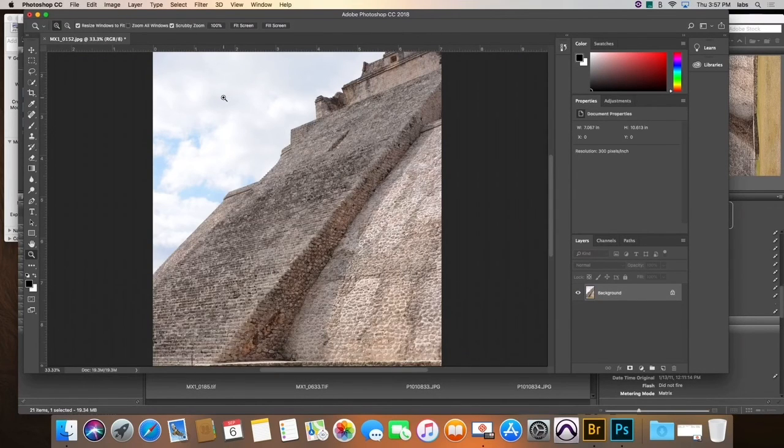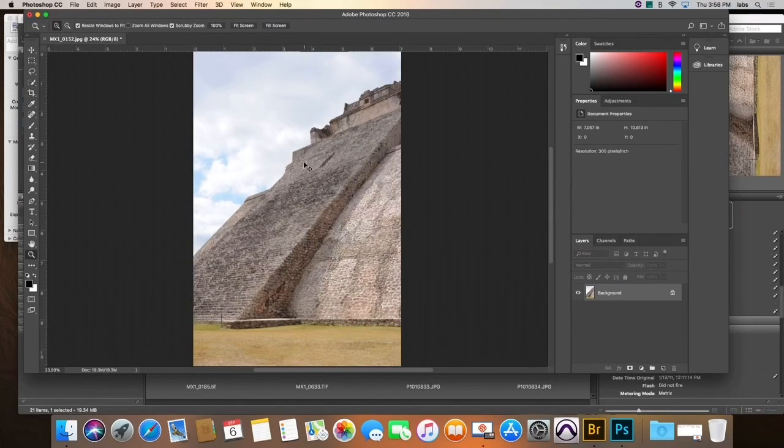My entire image doesn't fit in here anymore once I've rotated it because my window is not large enough. So if that happens to you, and it looks like it might have just happened to me, you can hit Command 0. So I just wanted to throw out this shortcut. Command 0 works in all Adobe programs as far as centering your image in the screen. So if you find yourself zoomed too far in or out for your image, you can always